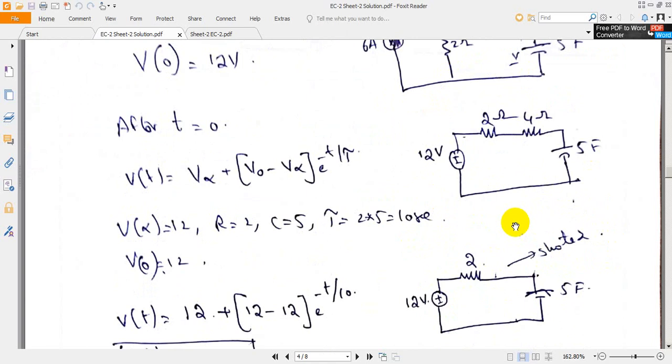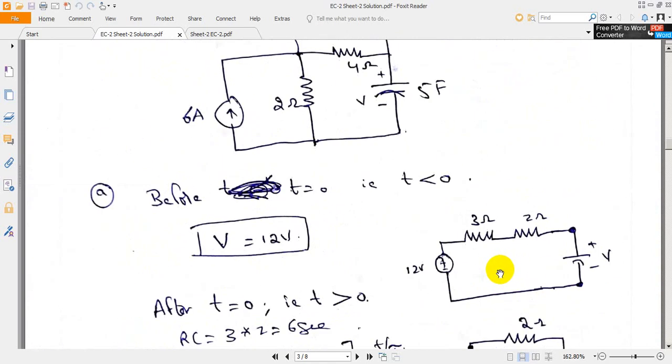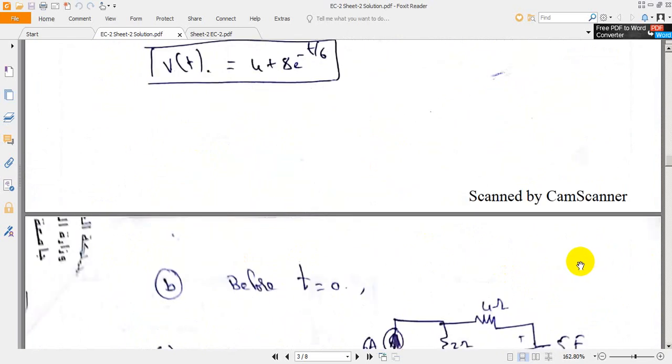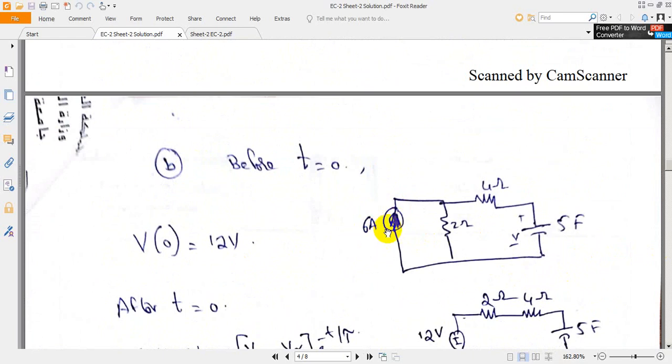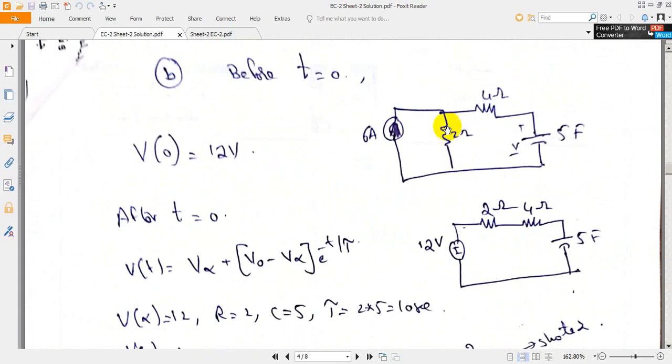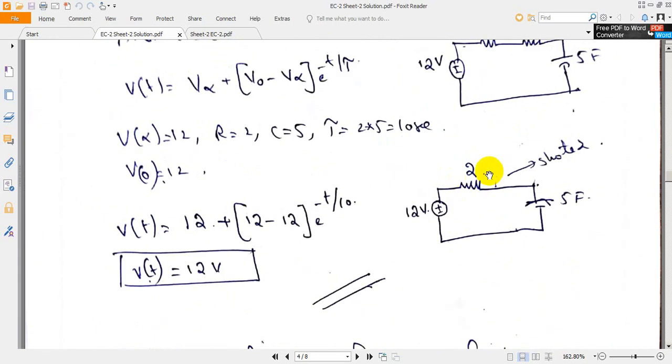And after switching operation, this will be shorted. If you go to the question, see, this area is shorted. And represent this with 4 ohms, or in current also we can go: 6 amperes, and this part is shorted before t. This part is shorted. I am representing this part with this part, and this area is shorted with 5 ohms. You will get it as, in this circuit, the voltage across V infinity will be equal to